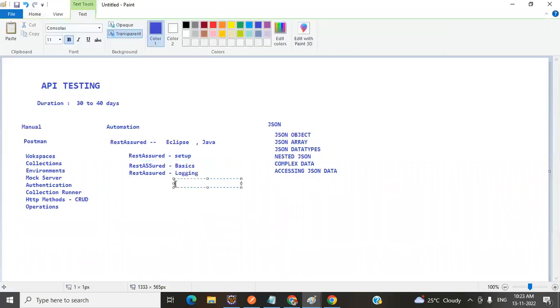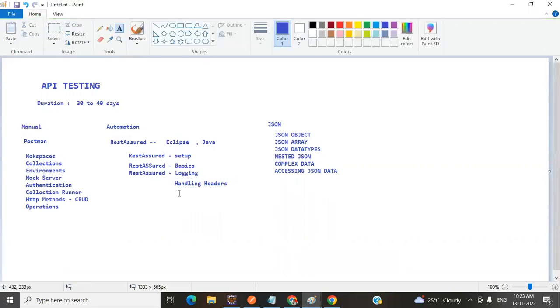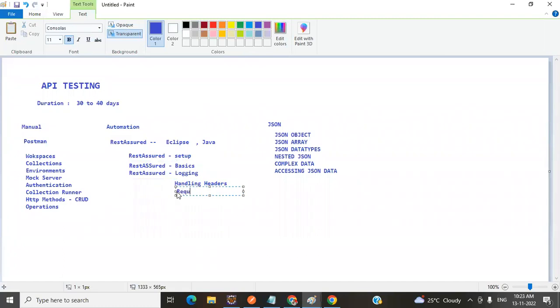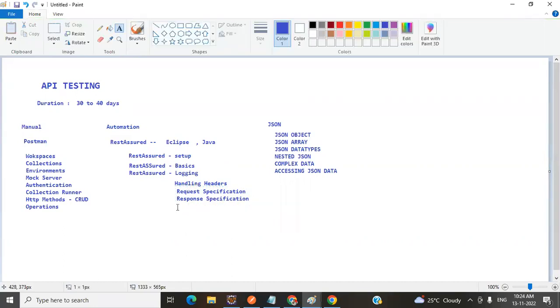Okay, then handling headers, something called a request specification, response specification. Okay, so after covering this request specification and response specification,